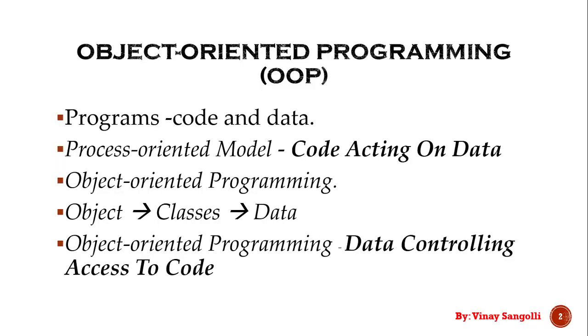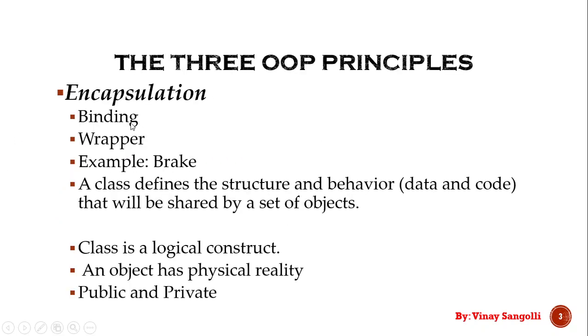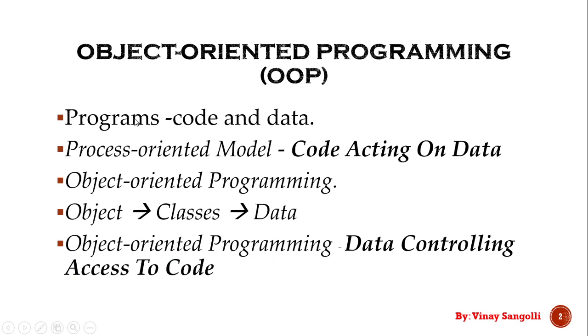Friends, basically we have two types of programming styles. One is object oriented programming style and another one is process oriented programming style. Before moving into those, maybe some of you are not from a programming background, so I'd like to tell a small thing: what is a program. A program is a set of instructions usually given by the programmer to perform certain operations. The simplest example is to perform addition or multiplication.